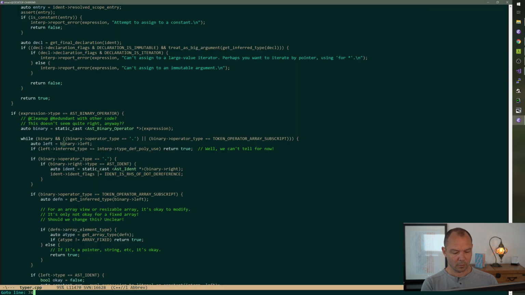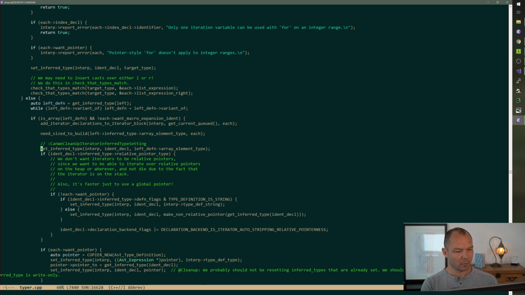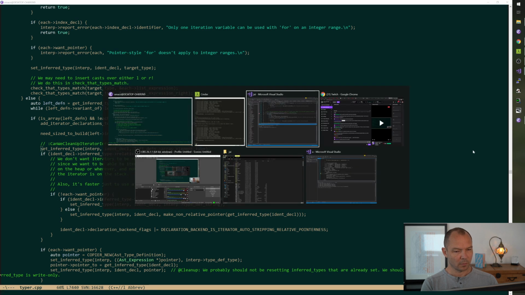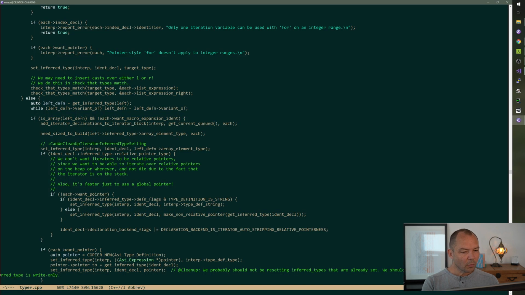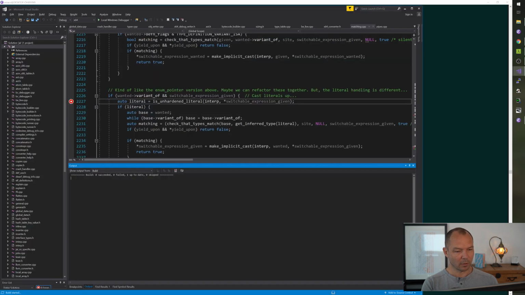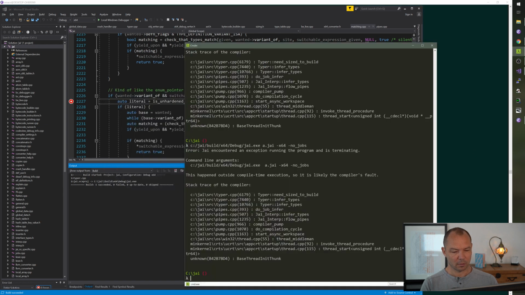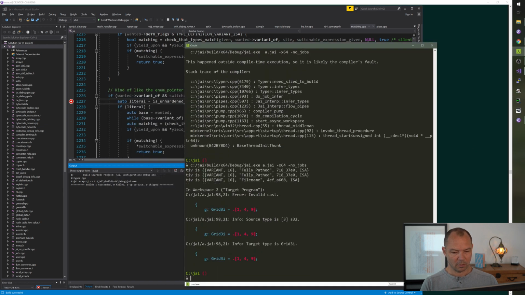Wait, really? Did we rebuild? Oh, no, I edited the wrong line. I mean, we needed to change both, but... Okay, invalid cast. So that's just the back end not understanding that cast.